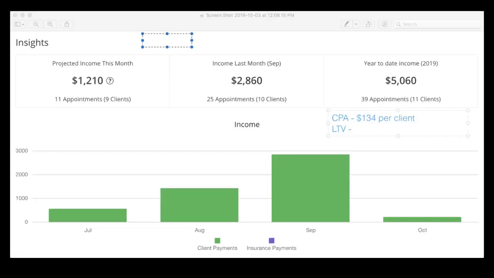Lifetime value right now is, what did we say that was? 5,060, about $460 per client. That means that for every $134 that she spends on ads, she's going to make $460.